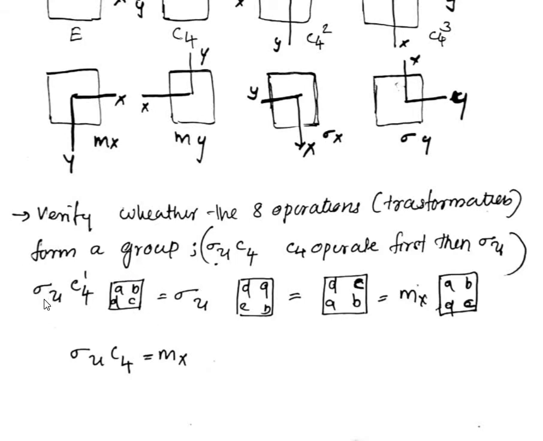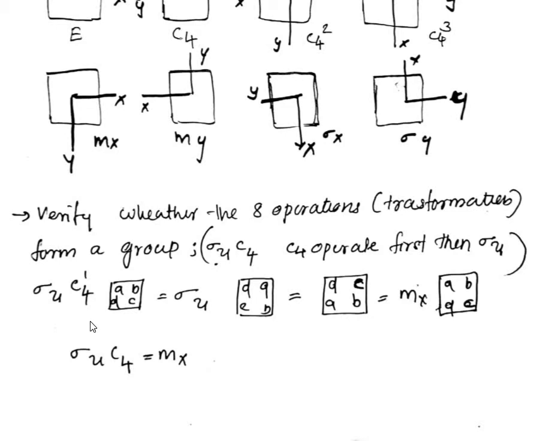So we can do one type of operation, that is sigma U and C41. So in this case, when we do this operation sigma U and C41, first we have to do the C41, and then sigma V is acting on that. That is, always the operation takes place from right to left, not from left to right. So this should be in your mind. All the operations, you have to operate from